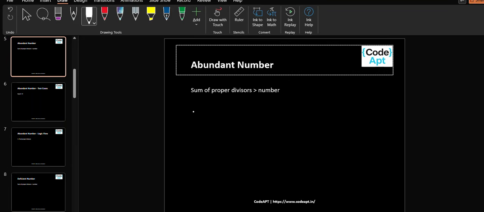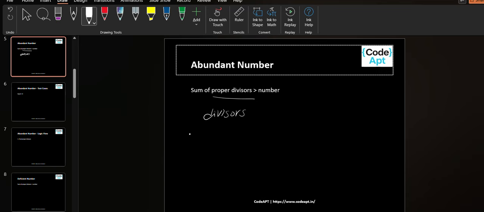Next question, abundant number. Abundant number is nothing but sum of proper divisors should be greater than the number. What is the difference between proper divisors and divisors? If I write divisors of 6, then 1, 2, 3, 6. This is divisors of 6.